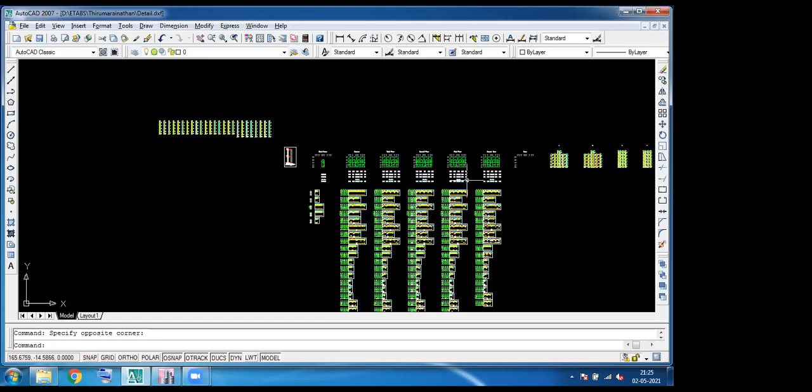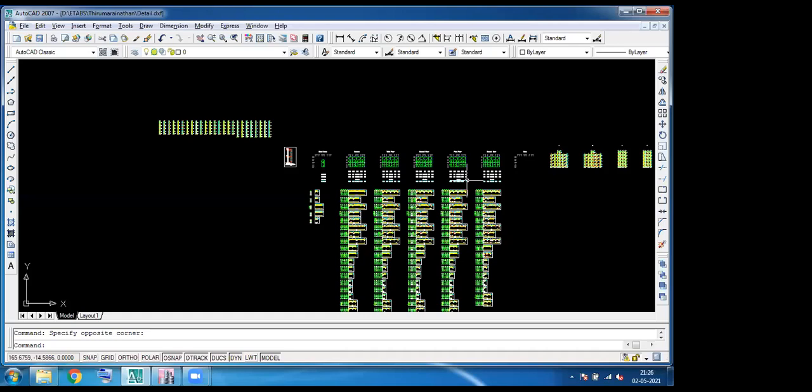Start with ETABS. I will always recommend you to learn ETABS. First of all, ETABS is three-dimensional software. You can see each and everything in a 3D view. But in STAAD Pro you can't see anything in 3D view; you can only work in a 2D view. So it will be very useful for you. If you are a beginner, you can start your structural training with ETABS. I recommend you just start with ETABS.